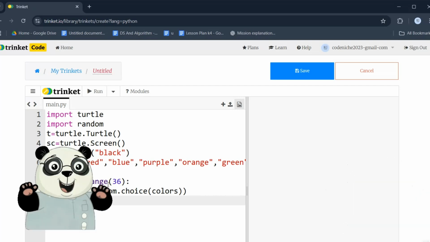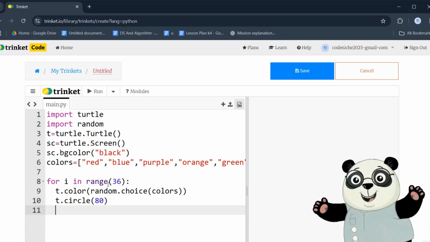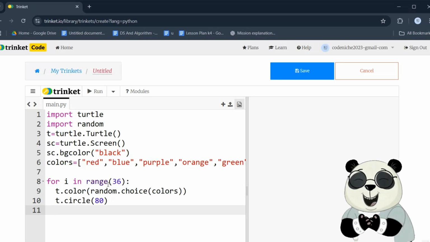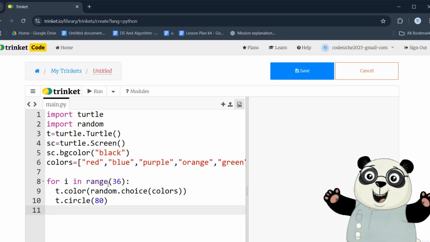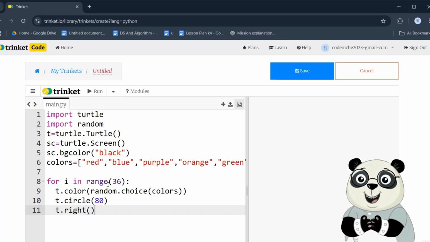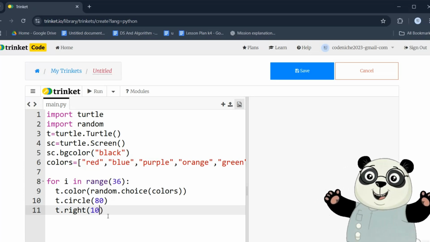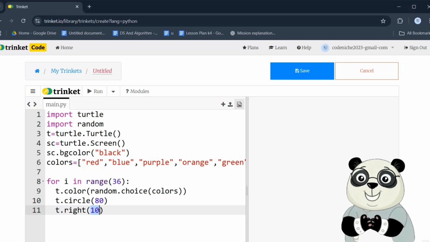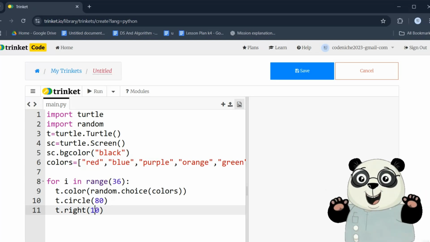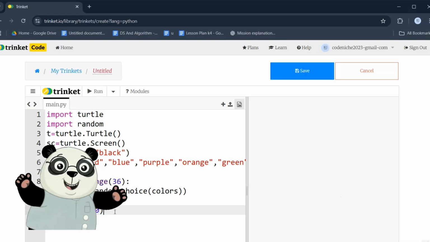Then we have circle, and now I'm going to make a big circle, maybe a circle with 80 edges. And then once a single circle is drawn, I'm going to make sure that it turns to draw another circle, however at a slightly different angle. So that's why I'm going to say turn right somewhere around 10 degrees. So this is going to help you create a whole circular pattern. You are repeating it for 36 times, eventually you get a 360-degree angle. Once that is done, I'm going to use t.hide